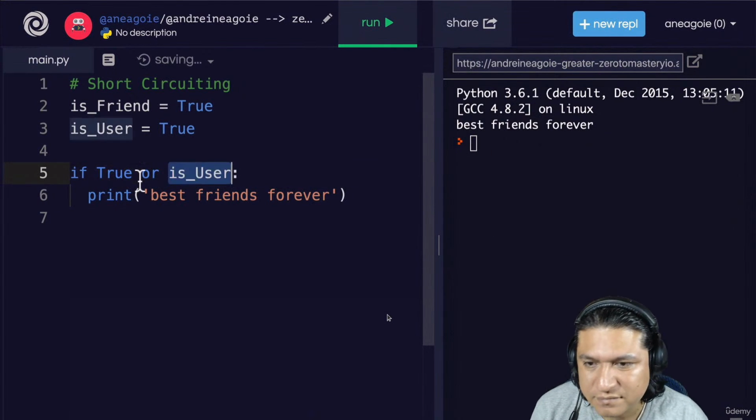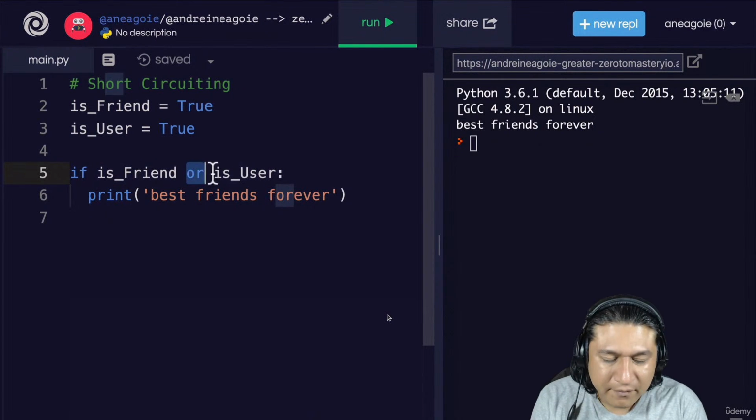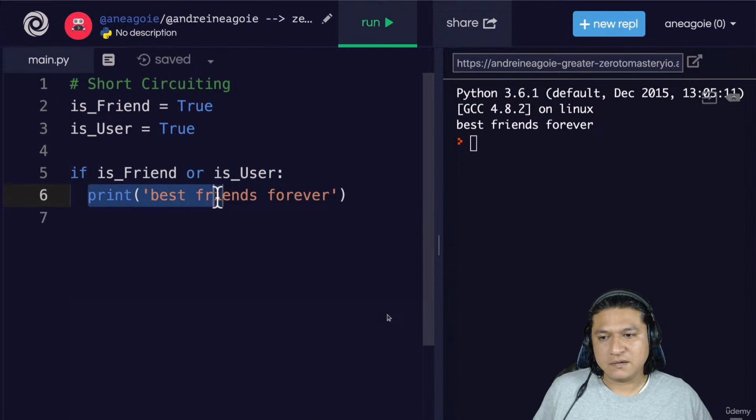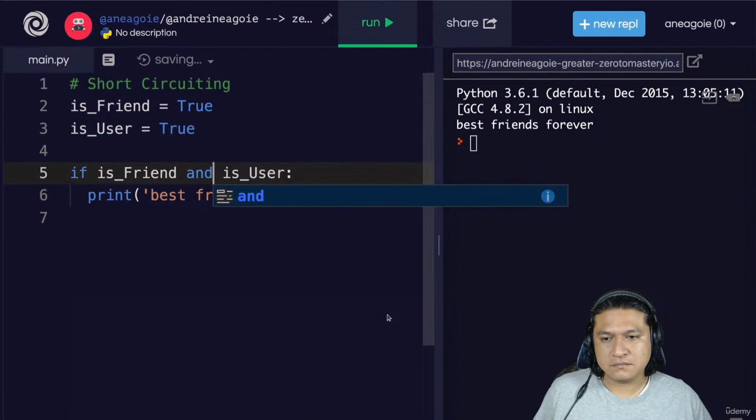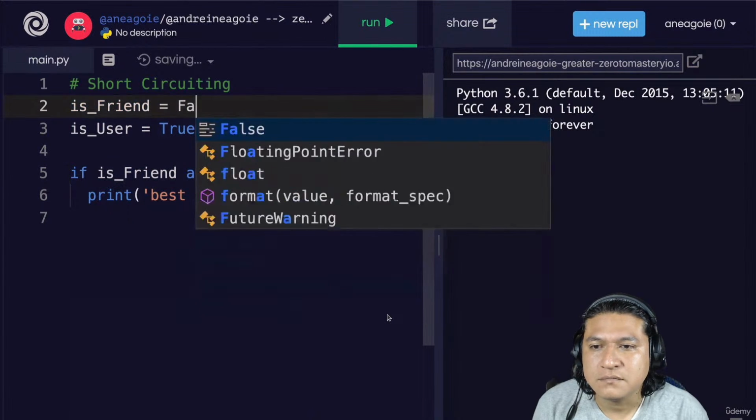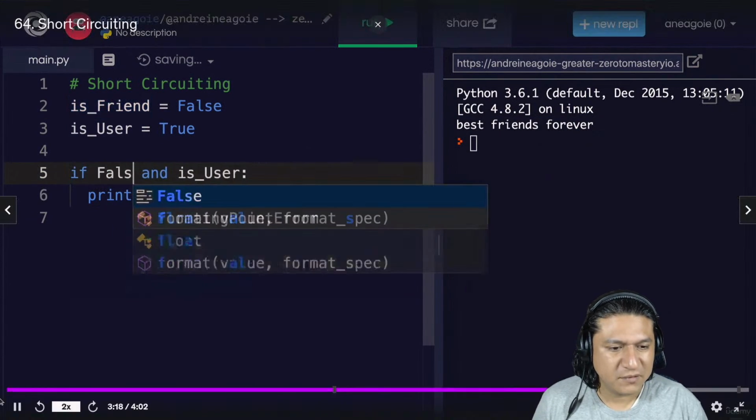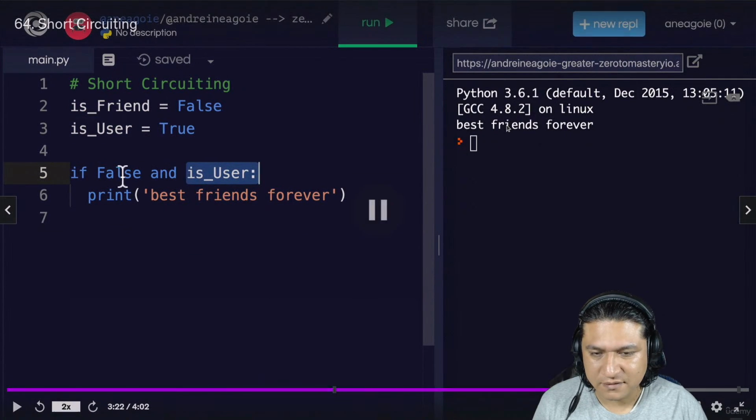Short-circuiting happens when the interpreter is smart enough to say, I already did enough work. I don't care what this is. This is just wasted work if I do it. So I'm going to short-circuit and say, hey, I'm going to just ignore this and I'm going to start printing. So using or is a little bit more efficient. But again, it depends on what you need. If you need to check if both is_friend and is_user are true, you'll have to use and. But this works both ways with and as well. For example, if is_friend is false, this is going to get short-circuited, because I'm going to say, hey, if is_friend is false, I don't really care what is_user is, because